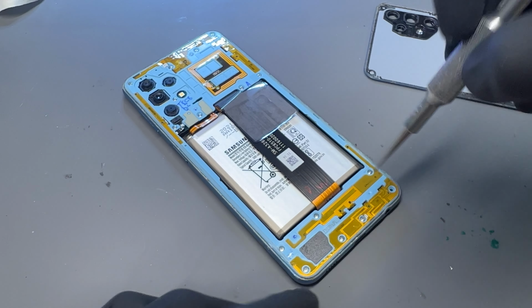Make sure all the screws are removed first, and then it should just come off pretty easily. Chuck that to one side, then take a plastic prying tool like this black stick and disconnect the battery and the screen flex. There's a screw here that needs to be removed, and that should release our logic board from the phone. Moving down to the bottom of the device, there's another connector there. Disconnect that, remove this black screw here,